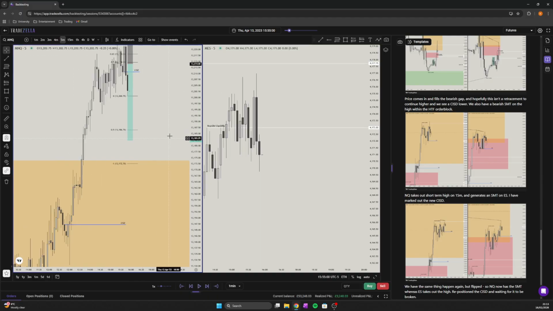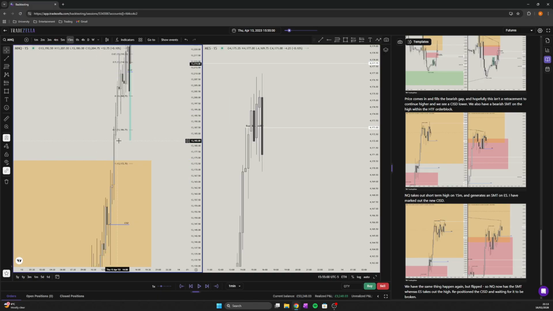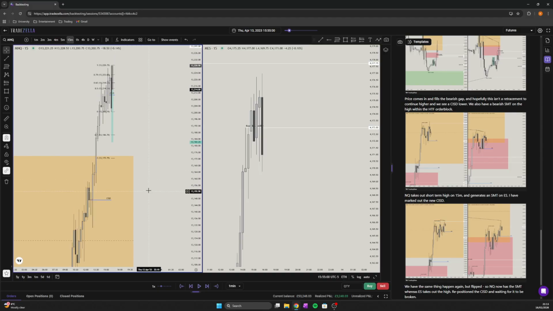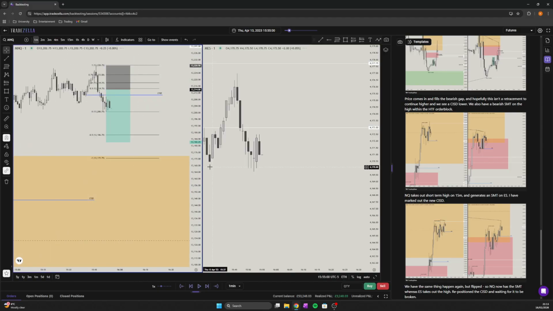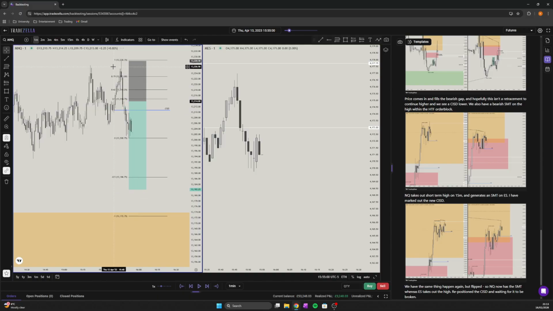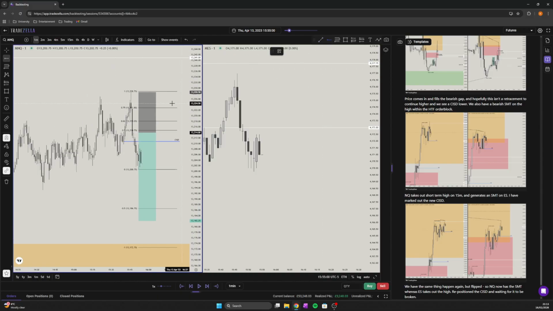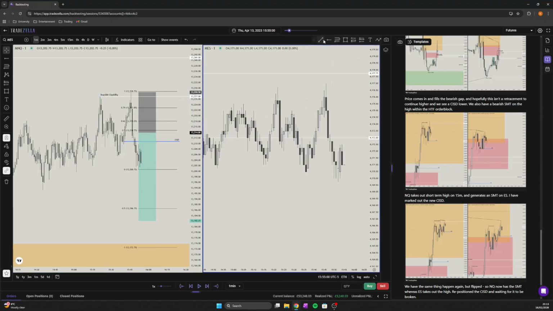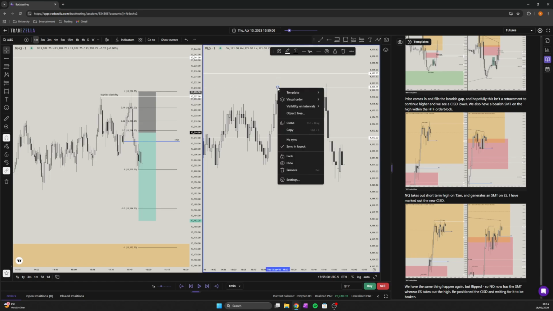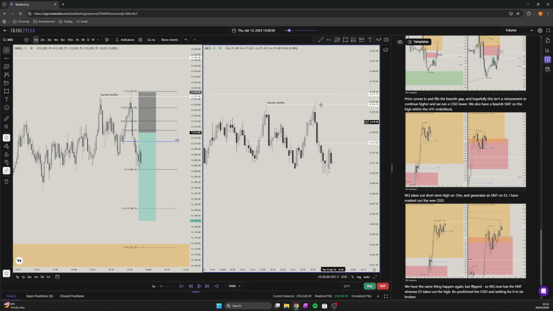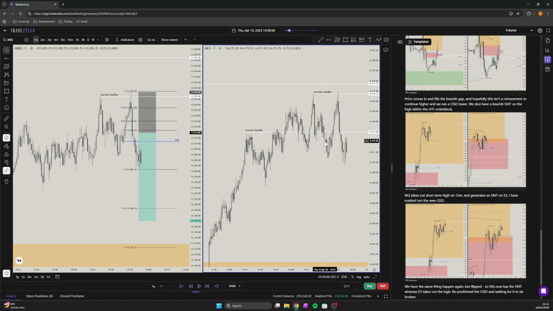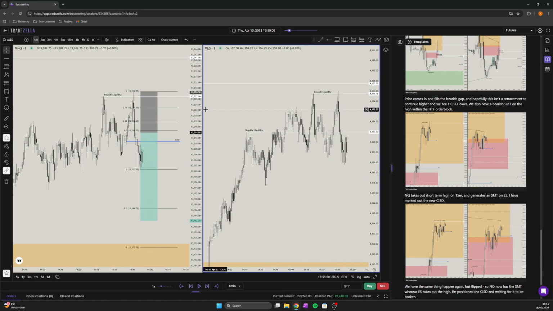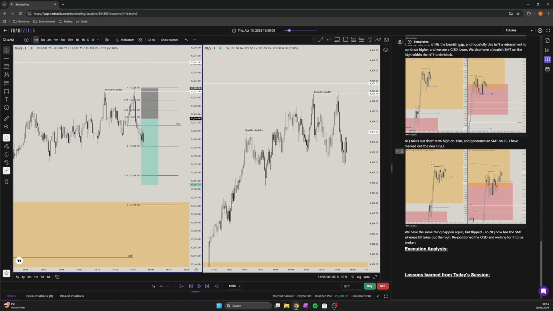What can we target, man? We have a 5 minute gap. Do we have a 15 minute gap? We do have a 15 minute gap. That's the only thing I can see ourselves targeting. So let me just mark this out. Bang, buy side liquidity. The thing is, it's way too close to the high. I know we're just definitely going to retrace, maybe take out some lows, maybe even this one, and then we're going to reverse and move on higher.